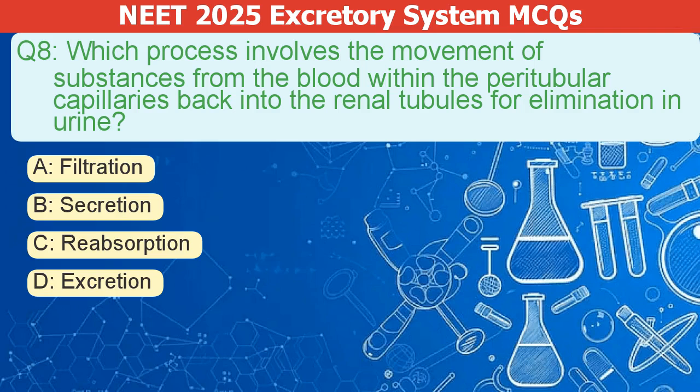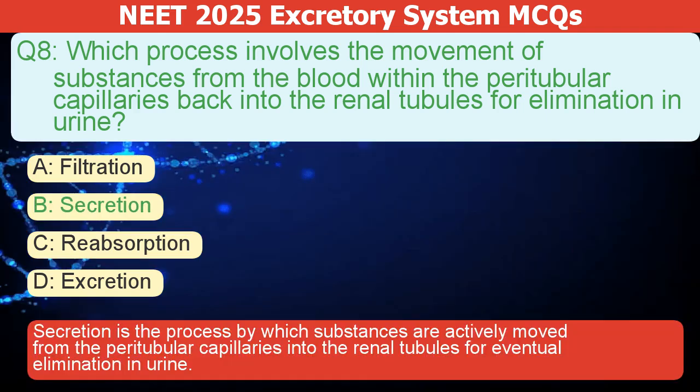Which process moves substances from the blood in the peritubular capillaries back into the renal tubules to be eliminated in urine? A. Filtration. B. Secretion. C. Reabsorption. D. Excretion. The correct answer is B. Secretion is the process by which substances are actively moved from the peritubular capillaries into the renal tubules for eventual